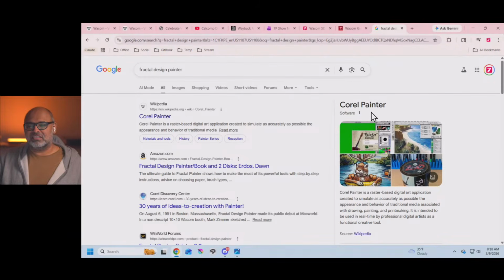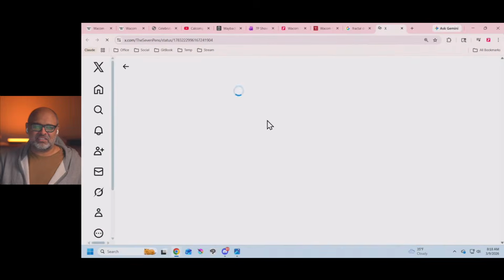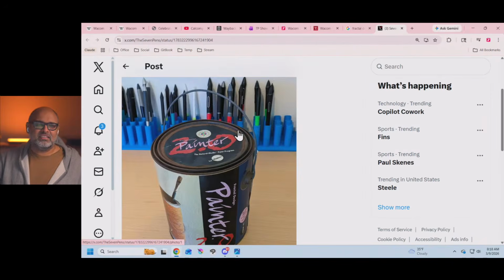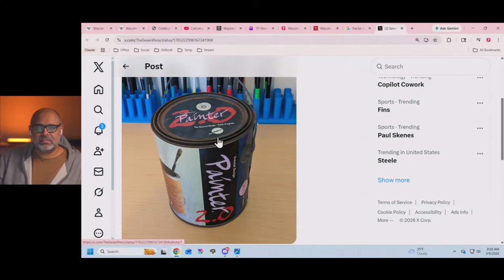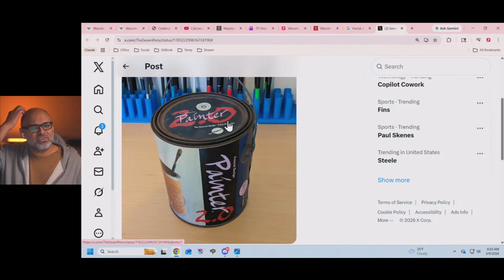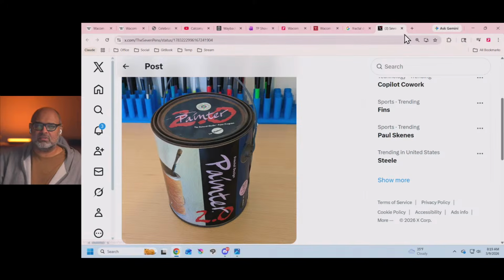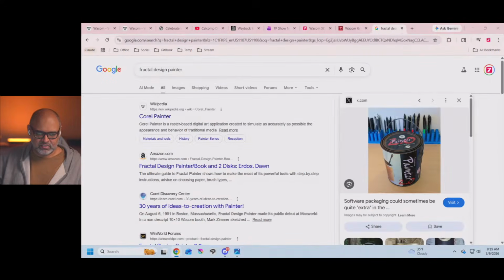Oh yeah, look, this actually came up with one of my pictures, by the way, in this search on Google. This is the software. It came in an actual paint can that had the smell of oil paint. So the discs and the manual are all in here. I actually bought this on eBay. It's a bit rusted out, but this is how it came to us. This is earlier than one version. I think I started with Painter 3.0, and we'll talk about the versions in a second. Let me move this out of the way real quick.